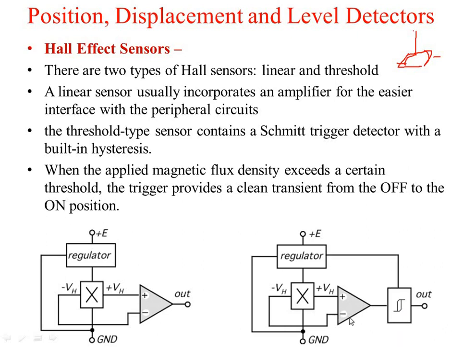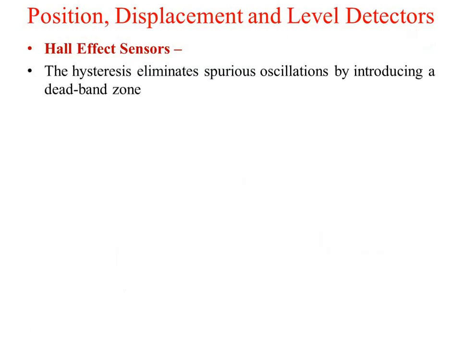That triggering will give you work within a particular range only. So the hysteresis eliminates the spurious oscillations that are introduced by the dead zone band. Dead zone band means moving from one zone to another zone, so there might be changes that may occur. If any transient comes within the dead zone, that is not going to change the output. Within that dead zone, there will not be any output. So this is what the linearity will be getting, a null output.